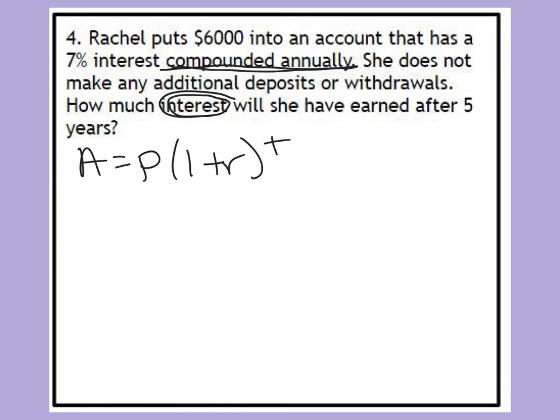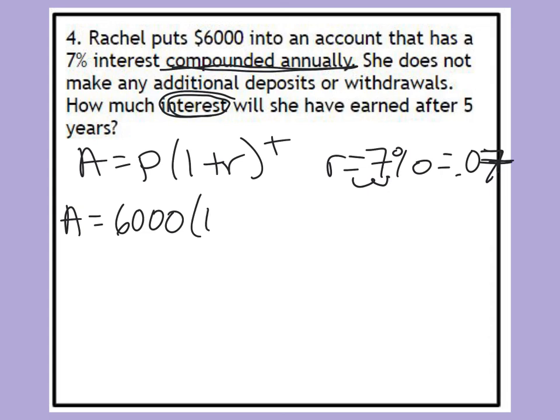I need to change my rate. So my rate is 7%. And I can divide by 100 or move that decimal point over twice, which is going to get me 0.07 as my decimal. And it's already in 5 years, so I don't need to change that from months to years or anything like that. So I'm going to go ahead and plug this into my formula. A equals 6,000 times 1 plus my rate, which I found to be 0.07, to the T power, which is 5 years. And then once I solve for that, it's going to get